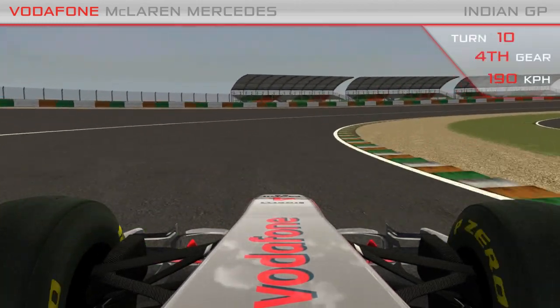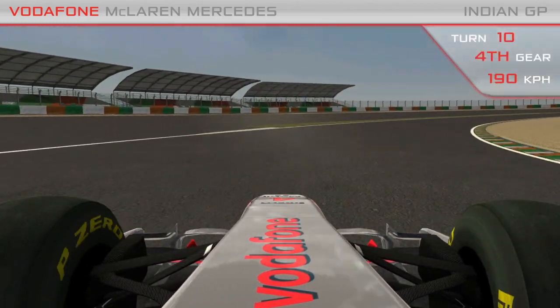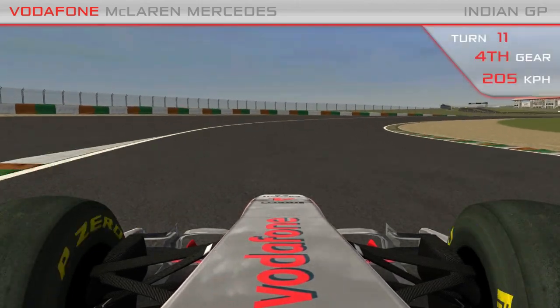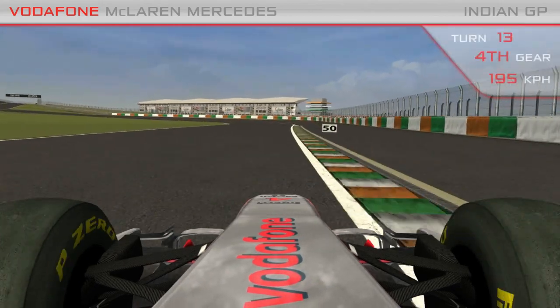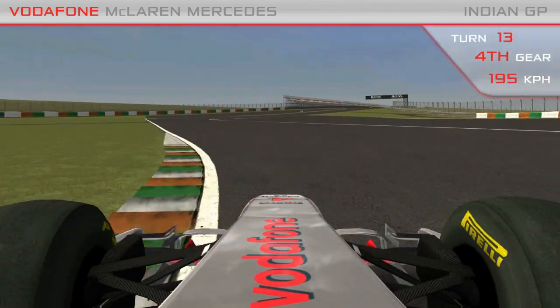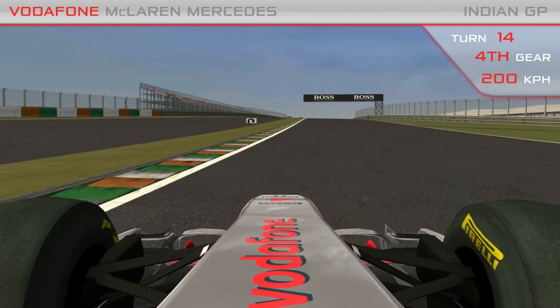Turn 10 and 11 is a 230 degree right hand corner. The car will be laterally loaded for something like 8 to 9 seconds, and it's likely to be the big front left tyre killer. Turn 13 and 14 is another fast chicane, entering at about 200 kilometres an hour,